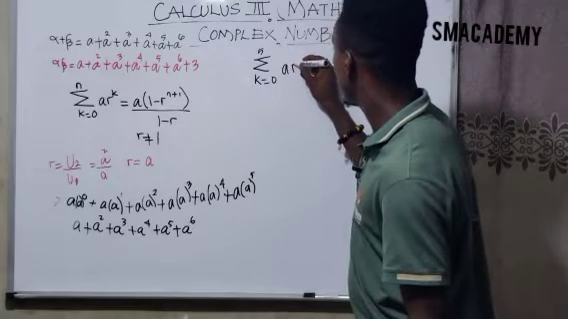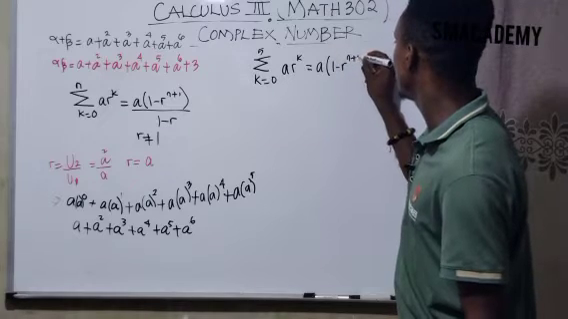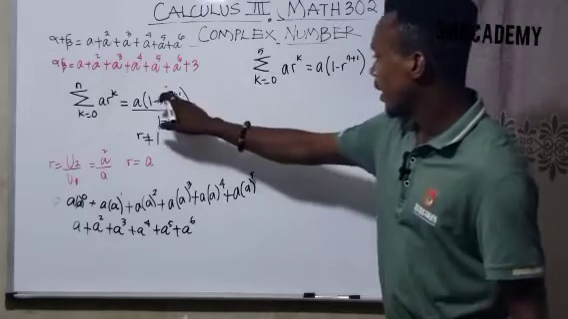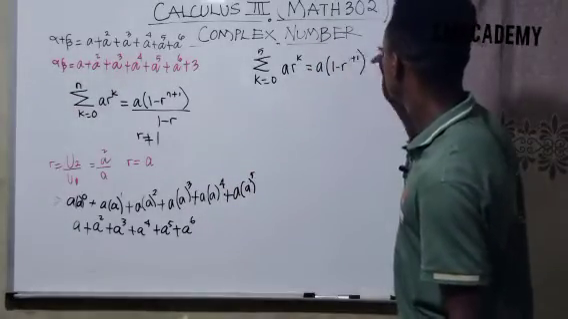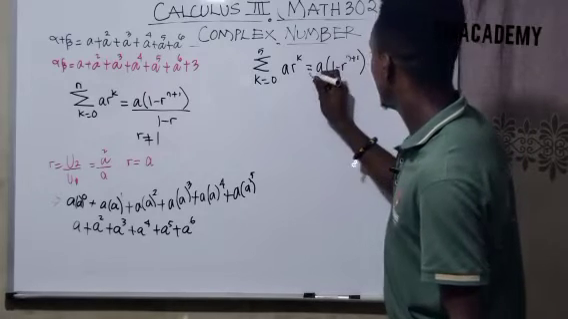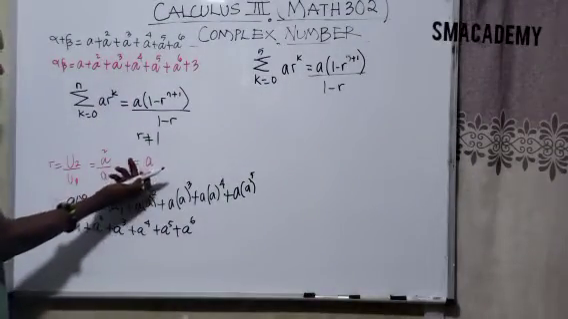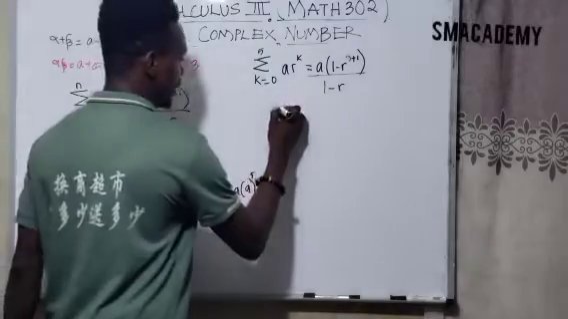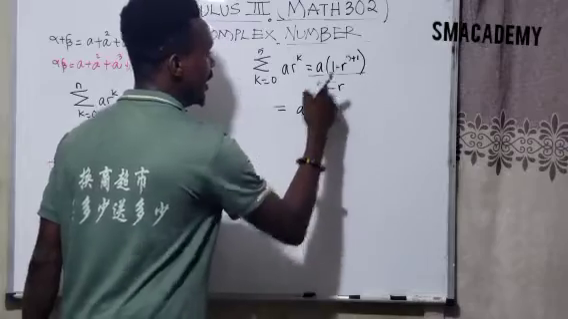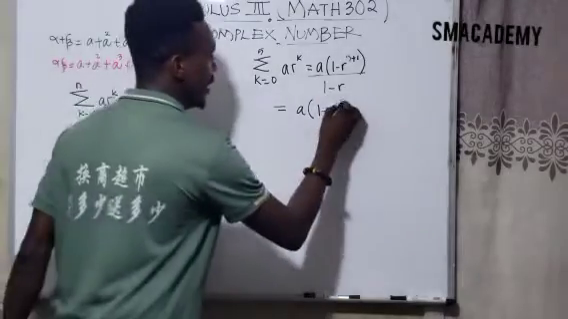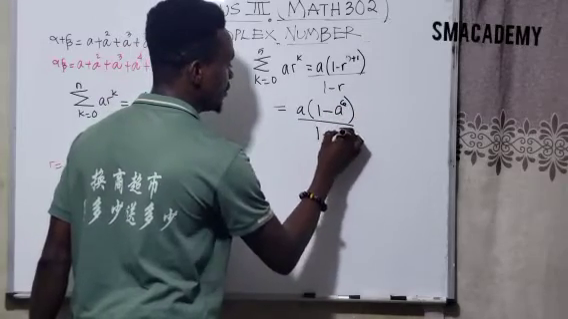We have a times r to the k, which is a times (1 minus r to the n plus 1), where n is a normal position with the term position being 5, all over 1 minus r. And we realize that r, the common ratio, is a. So my notation here is a times (1 minus a raised to 5 plus 1, which is 6)